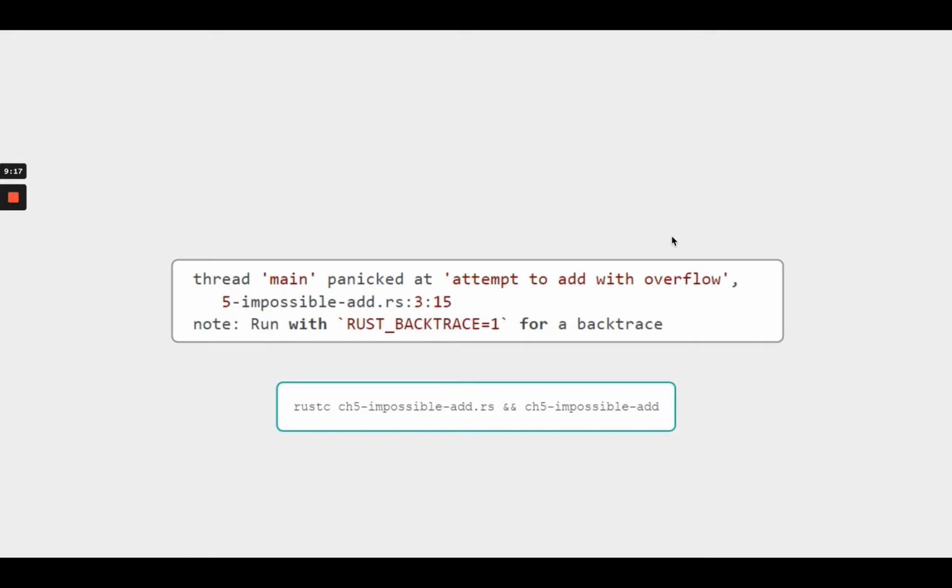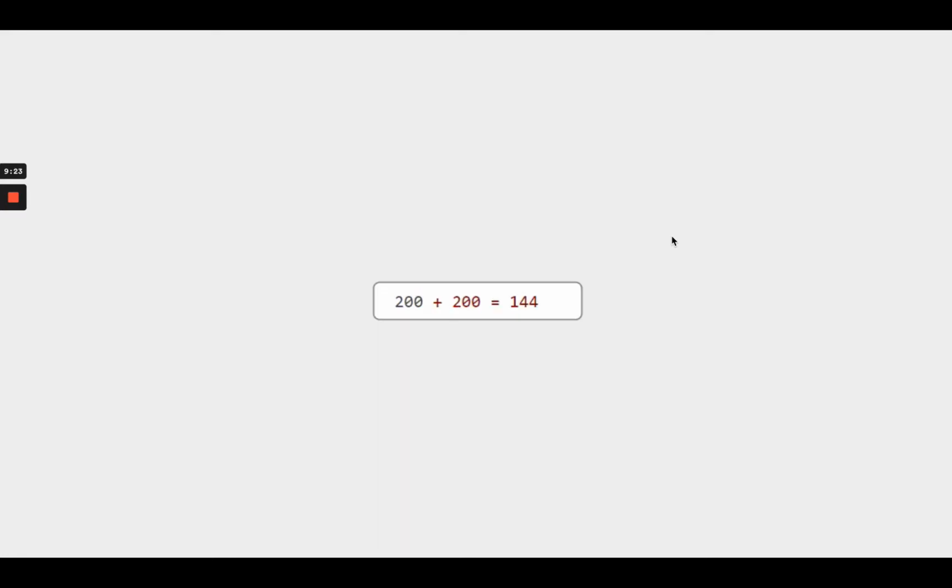This behavior can be invoked by executing rustc with its default options. Or the program gives you the wrong answer. This behavior can be invoked by executing rustc with the -O flag. rustc -O ch-impossible-add.rs